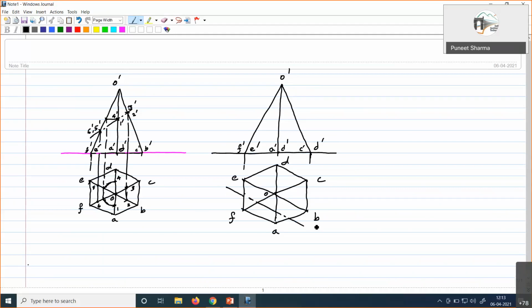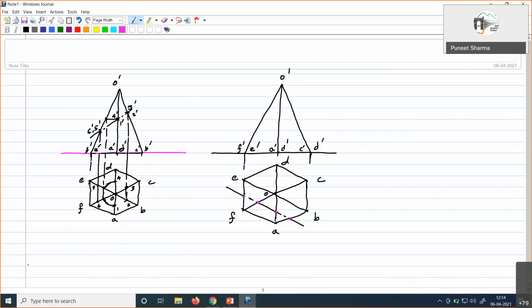Now for this case again, you see how many edges are intersected. This OF is intersected at this location. Right, OF is intersected here. OA is intersected here. So we get 2. And then the edges of the base also are getting intersected. One is intersected here, another is intersected here. Okay. So these many intersection points, of course, can be seen readily here.